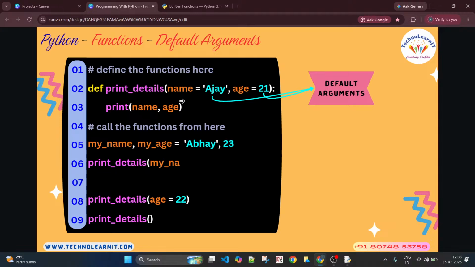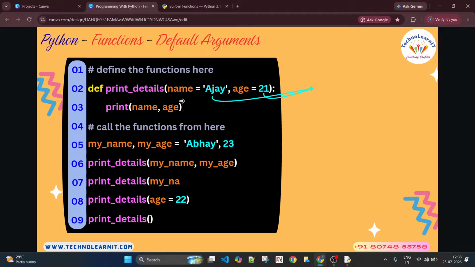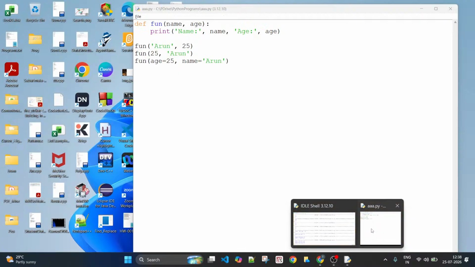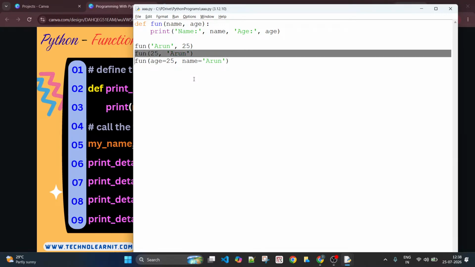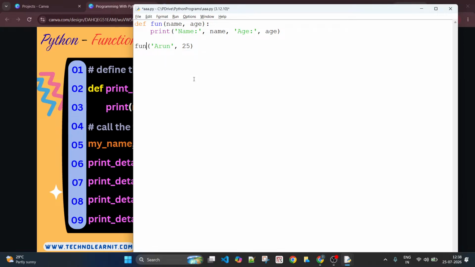And the next one is default arguments. Another interesting thing in Python. So what are default arguments? Let me take this same example and I'll show you. In this existing function, what happens if I don't pass any argument? If you look at the definition of this function, how many parameters does it take? It takes two parameters. That means I should pass how many arguments? If a function is taking two parameters, I should pass two arguments, right? But I don't pass anything here intentionally.